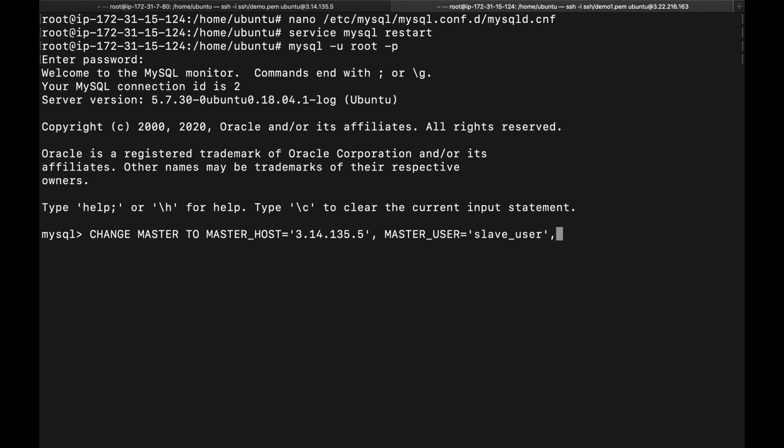Then master_password, which you have configured there: master_password equals to your password. Yes. Now your master log file.